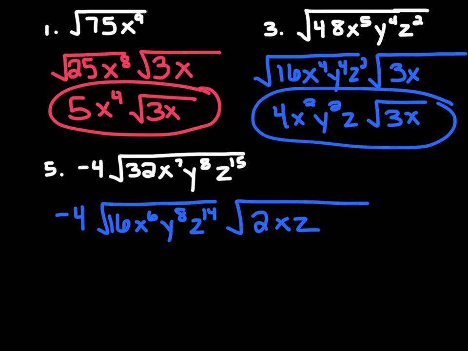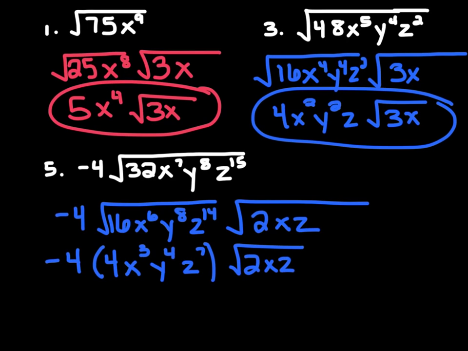Okay, so what I'm going to do is bring this negative 4 down, and open up a parenthesis, because what we're really doing here is negative 4 times this radical. So let's break down that radical. The square root of 16 is 4. The square root of x to the 6th would be x cubed, because we divide the exponent by 2. The square root of y to the 8th would be y to the 4th, and the square root of z to the 14th would be z to the 7th. And I can bring down the radical